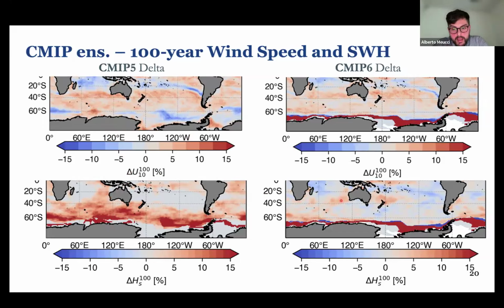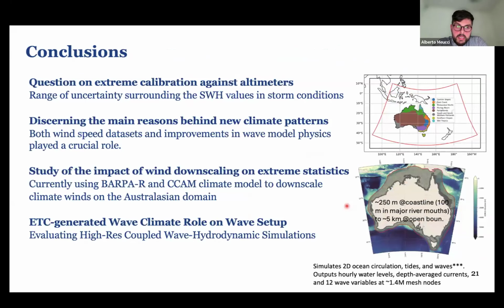region is of high interest, and still some areas with increase of wave height approaching Australia, which will play a role also for our coastal coupled wave hydrodynamic model, and that we will analyze further. But in general, just to take you to the conclusion,